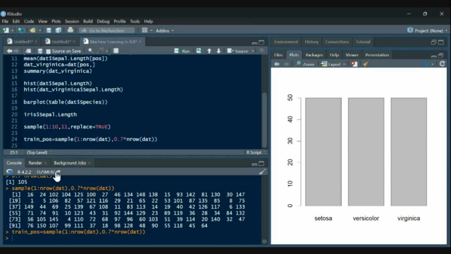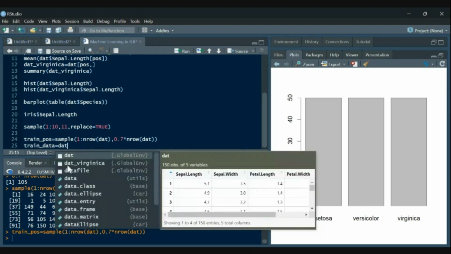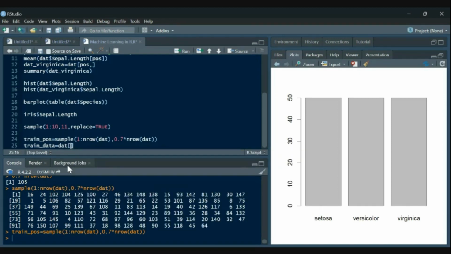So for train data, train underscore data, what we can get here is the full data, the iris data in square brackets. Since these are the positions, we want those position values.